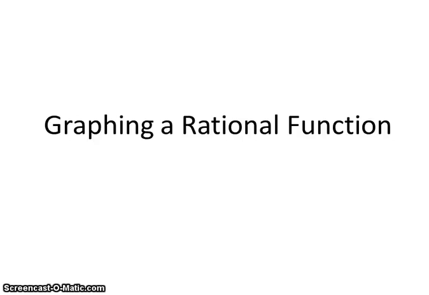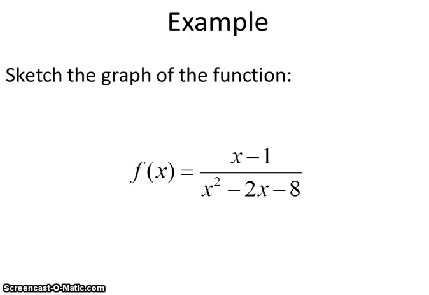Hi guys, today we're going to look at an example of graphing a rational function. If we recall, a rational function is a function where the numerator and the denominator are polynomials. So let's do a fairly complicated example. Looks like we're going to try to graph f of x equals x minus 1 over x squared minus 2x